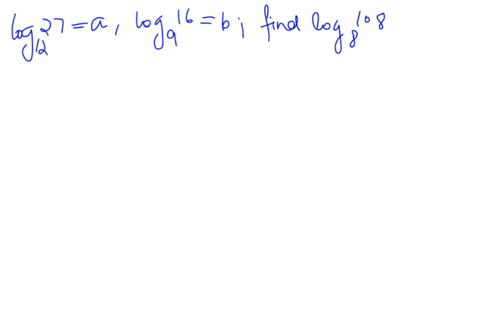Okay, so this looks quite interesting, and I'll tell you, one or two options were in terms of A and B, and of the other two options, one was completely in terms of A and another was completely in terms of B. So now let's try and understand how we do this. See, log of 108